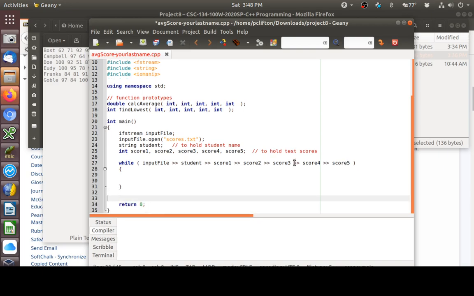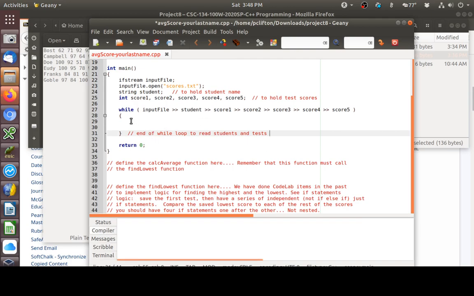So this is the end of the while loop, to read students and test. Okay, so that's the end of our while loop. Now inside here is where you're going to have to do your work, and you're going to need to